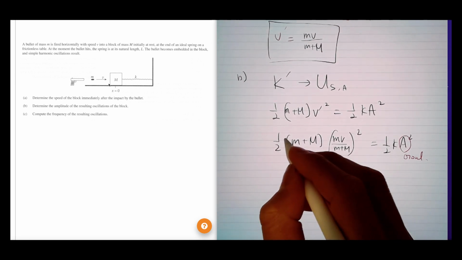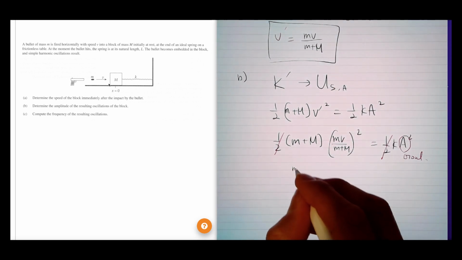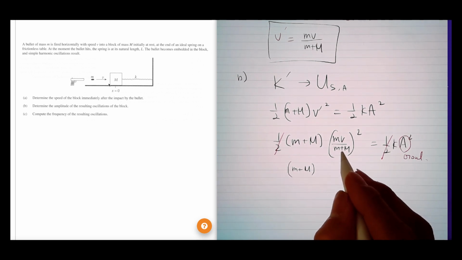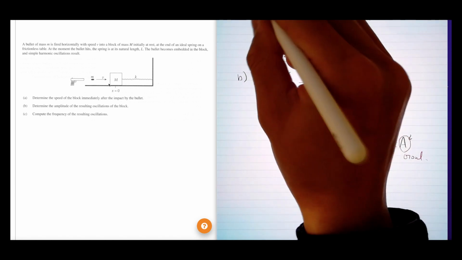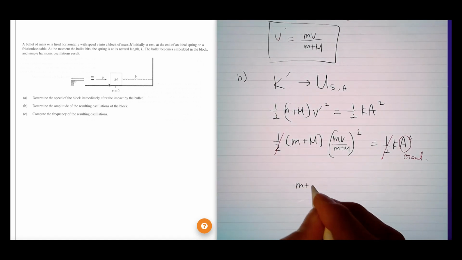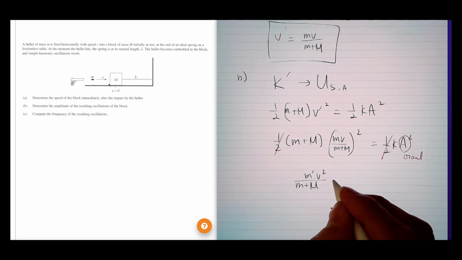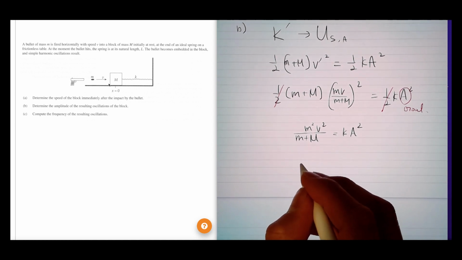So we can multiply both sides by 2, and that becomes m plus big M. Now here's what we can cancel. Because m plus big M gets squared on the bottom and there's only 1 on the top, we can just cancel the top part. So we get m plus big M on the bottom and m squared v squared on the top equals K A squared. Alright, so we can divide both sides by K,